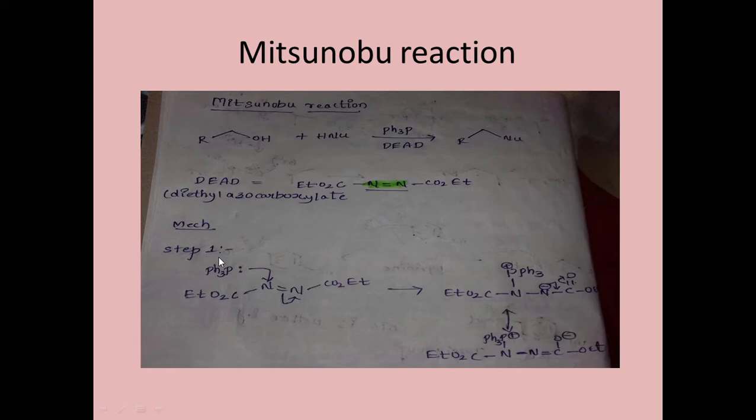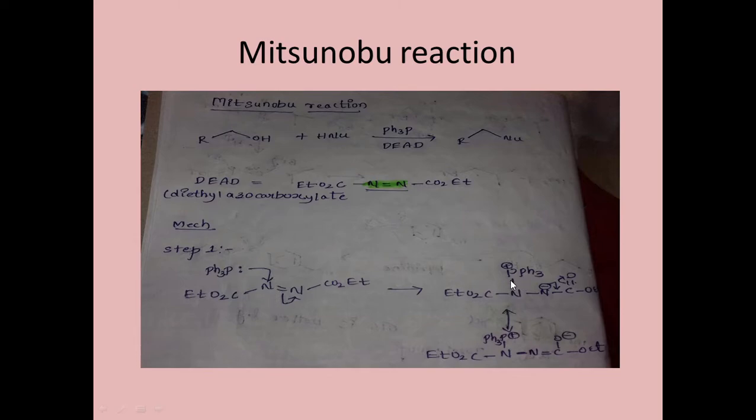In the first step, what we will do is we will use this phosphine that will attack on the nitrogen, and then this bond will shift here as a negative charge. As you can ask, if nitrogen also has a lone pair, why is it not attacking here? After nitrogen, phosphorus comes, right? Nitrogen is more electronegative as compared to phosphorus, so it can easily accept electrons, and nitrogen is already connected with electron withdrawing groups, so it has the capacity to get electrons.